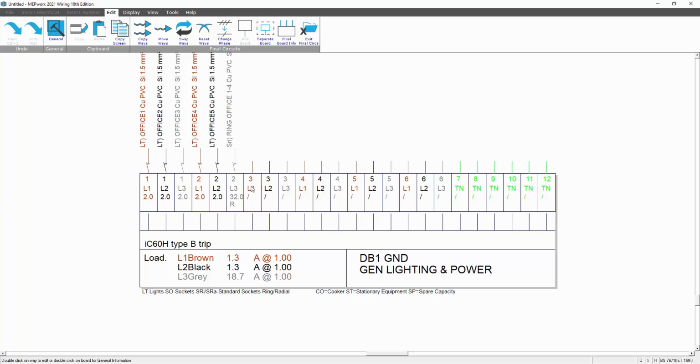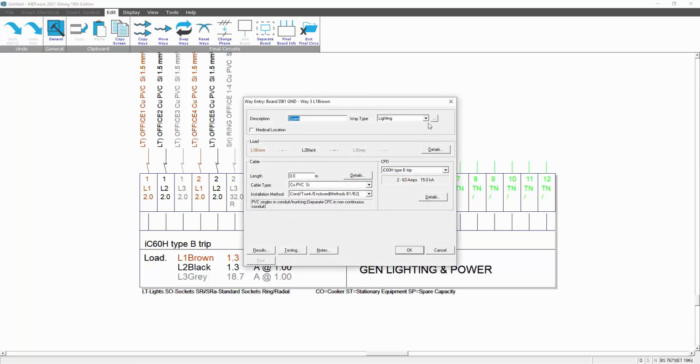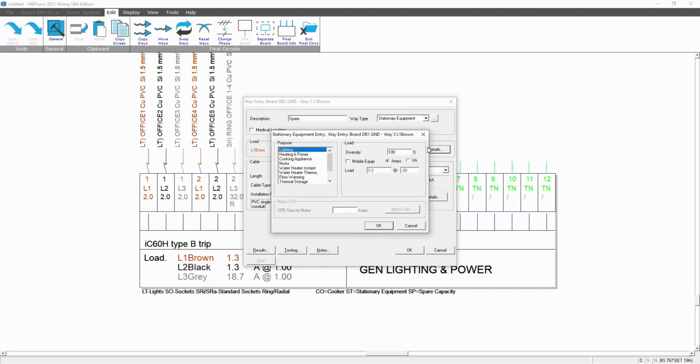So another typical circuit we could put in, let's have a look on the list. Stationary equipment, there are others, we won't cover them all because they're all fairly self-explanatory. Stationary equipment is a good one because this can cover a multitude of sins. We've got all sorts of different equipment in here. We might have underfloor heating, we might have a water heater, motors. So you can select the sort of appliance you want, let's say heating and power, put the current rating in there,